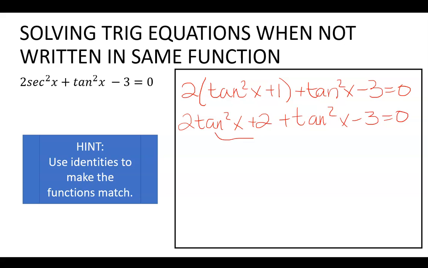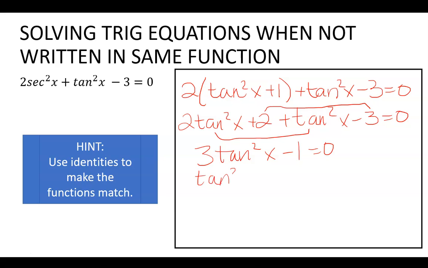Okay, I do have some like terms here, so I will be left with 3 tangent squared x minus 1 is equal to 0. We obviously have to get tangent squared by itself. So by doing so, I will get that tangent squared x is equal to